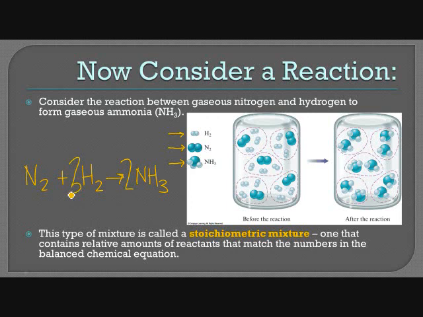So for every one N2 molecule, we need 3 H2 molecules to make 2 NH3s. If you look at how it's grouped together in this picture, you have 3 H2s with 1 N2 on the reactant side before the reaction, and then all of those turn into 2 NH3s. When it all works out perfectly in the relative amounts, it's called a stoichiometric mixture, where the amount of reactants matches the balanced chemical equation,